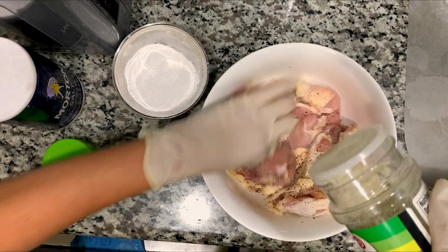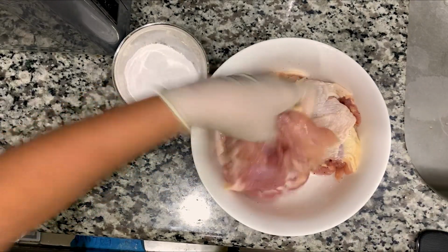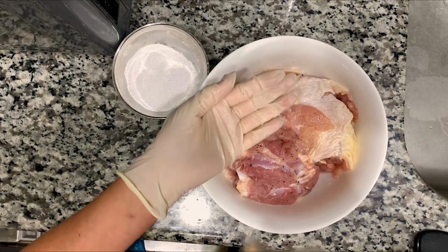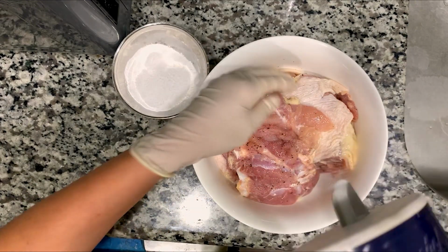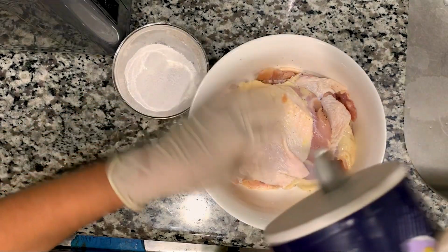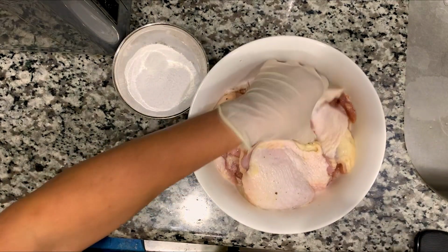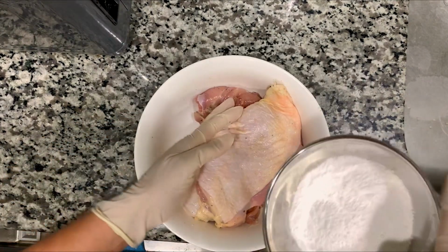Just coat the chicken well on both sides. Alright, and remember the incision I made earlier? Here I'm just gonna put some salt in, just so that you know you could use either plain salt or garlic salt like earlier. Either way is fine. Alright, now that we coat the chicken steak,